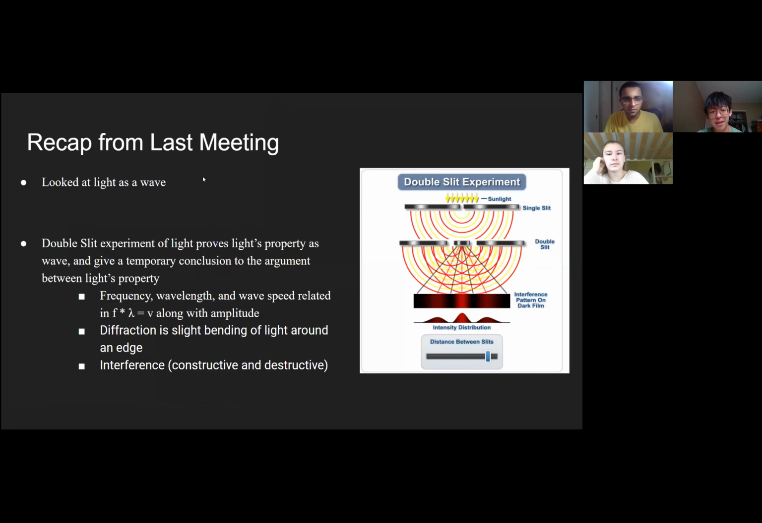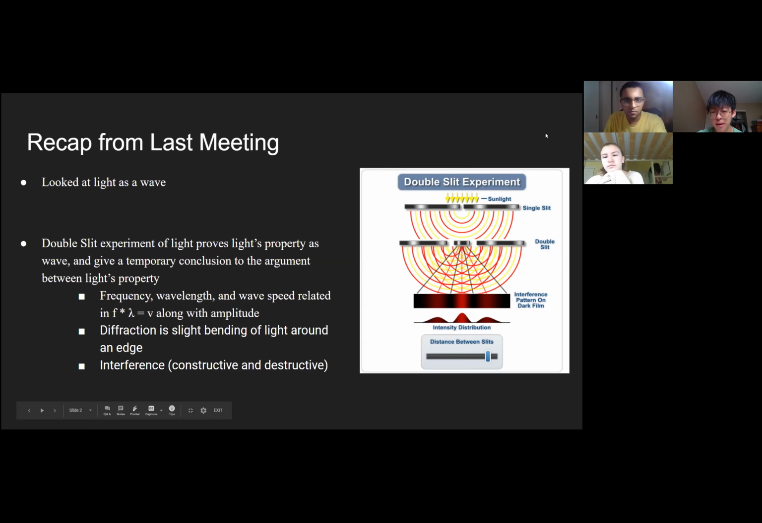Last time we looked at light as a wave, and specifically we looked at the double slit experiment, and from it we discovered some interesting properties of light, and we discovered that it's a wave. The experiment proves it by showing that first of all it has diffraction patterns. If light is a particle, it is unlikely to bend around the corner and spread out as these wavefronts. So the double slit experiment proves that light